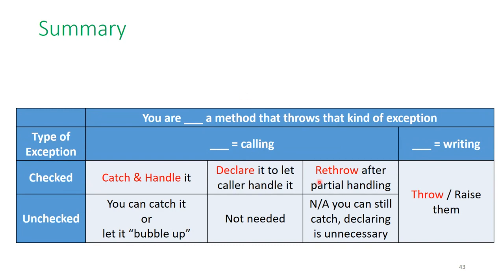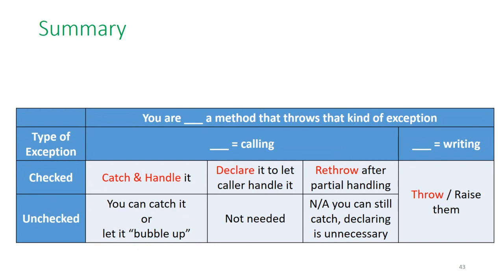Or, third possibility that we just discovered on the previous slide, you can catch, do something to help mitigate the damage, and then immediately rethrow it because your method cannot complete its job if the method you called failed. So you do both, okay? You catch, mitigate a little bit, and then abort your method, throw the exception again. And in that case also, it is going to bubble up,